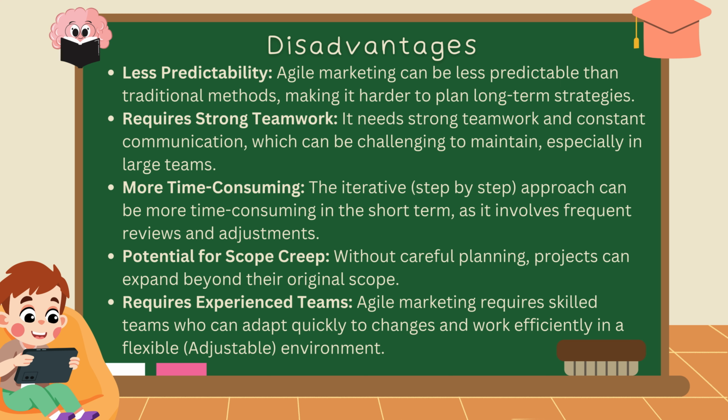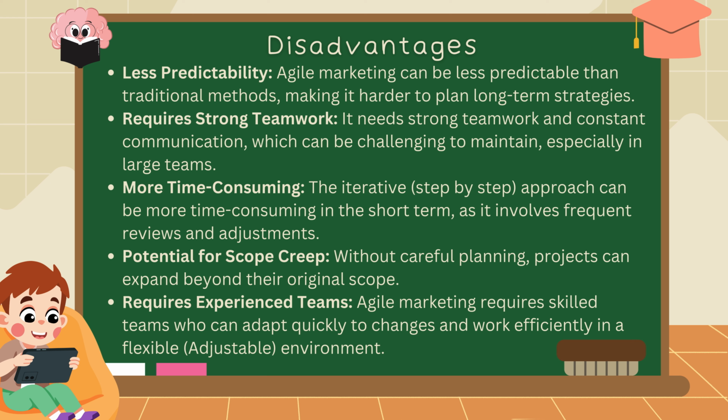Let's talk about disadvantages. 1. Less predictability. Agile marketing can be less predictable than traditional methods, making it harder to plan long-term strategies. 2. Requires strong teamwork. It needs strong teamwork and constant communication, which can be challenging to maintain, especially in large teams. 3. More time-consuming. The iterative approach can be more time-consuming in the short term, as it involves frequent reviews